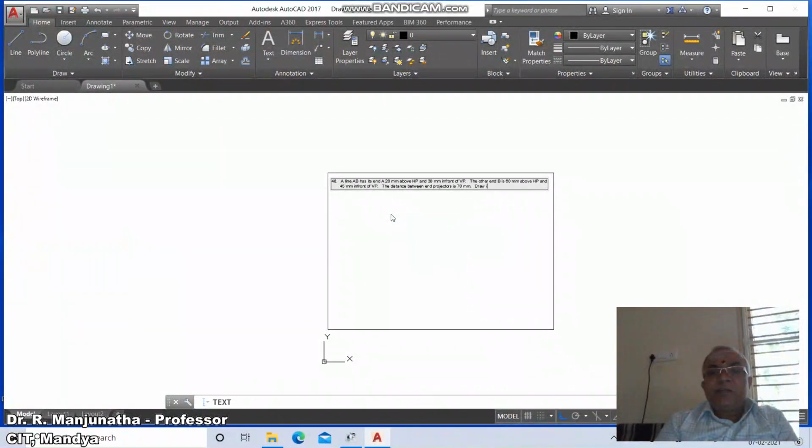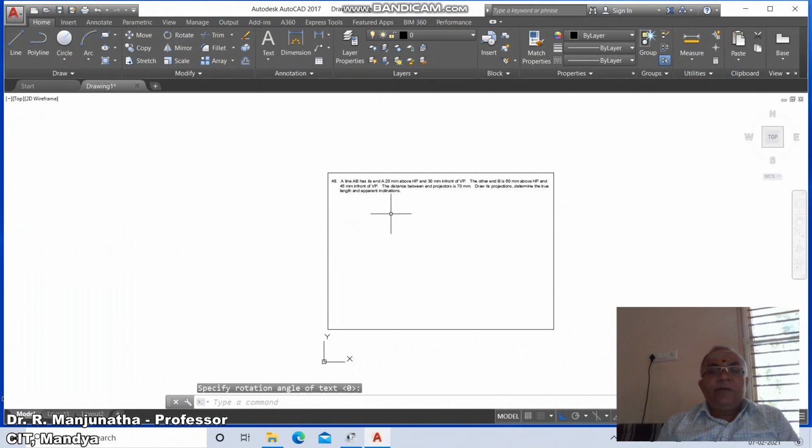Draw its projections, determine the true length and apparent inclinations. Once you type this, you press the enter key to go to the next line, and to terminate, again you give a null return.